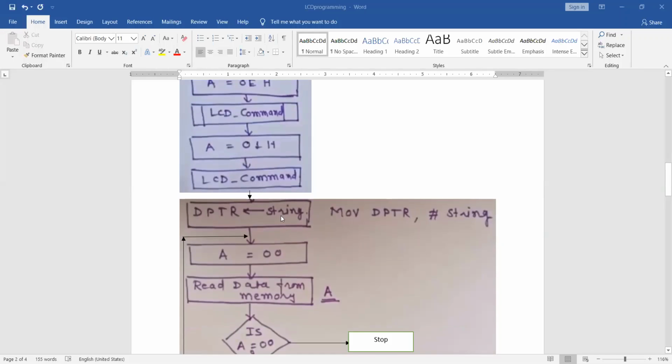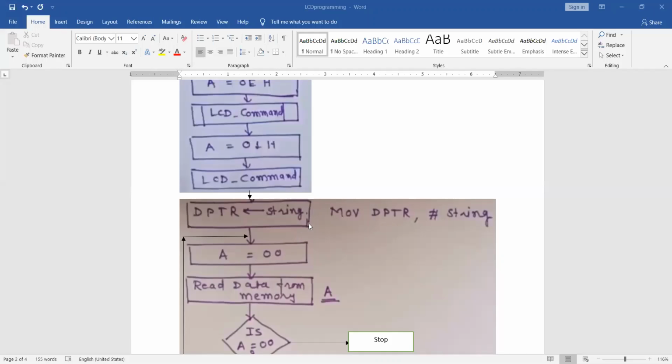After this you'll write this string in DPTR using this instruction. The string, Ganesh, should be totally sent, with each character pointed to by your DPTR. How will you set that?